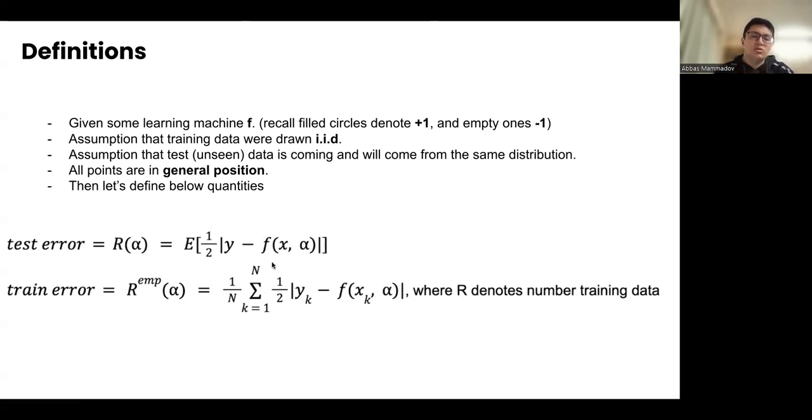And we are taking all those differences, and then we are just absolutely summing them and finding the expectation of it. And in case of train error, it's exactly the same as the test error. There is just one difference. In this case, instead of